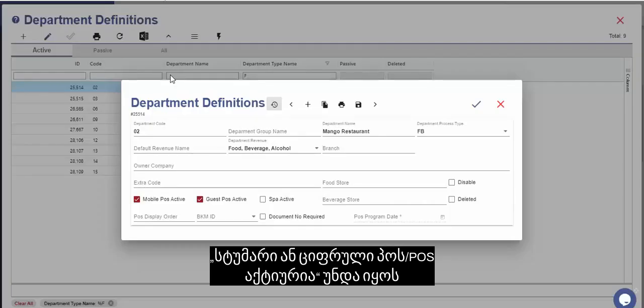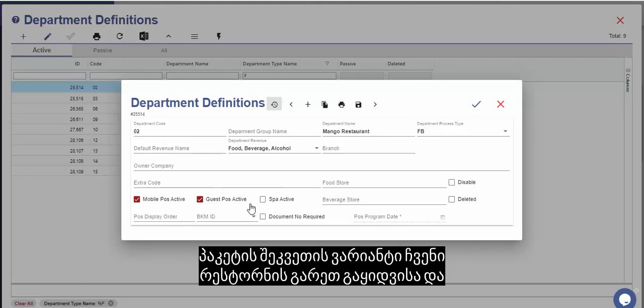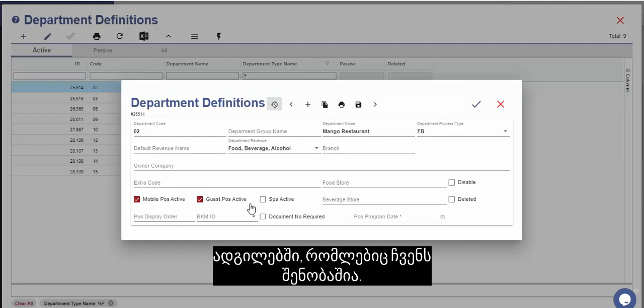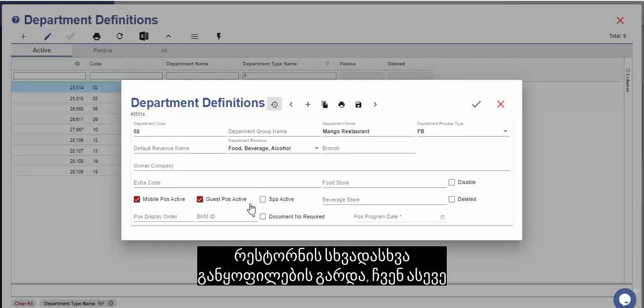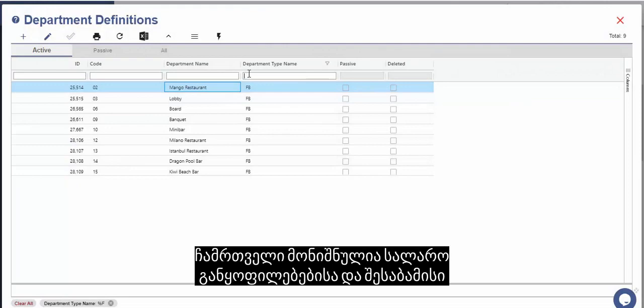Guest or digital POS active should be activated in case we wish to use the package ordering option for sales and delivery outside our restaurant property, but also inside the property by scanning the QR code in places that are left throughout our property. Besides different restaurant unit departments, we should also make sure that this mobile POS active box